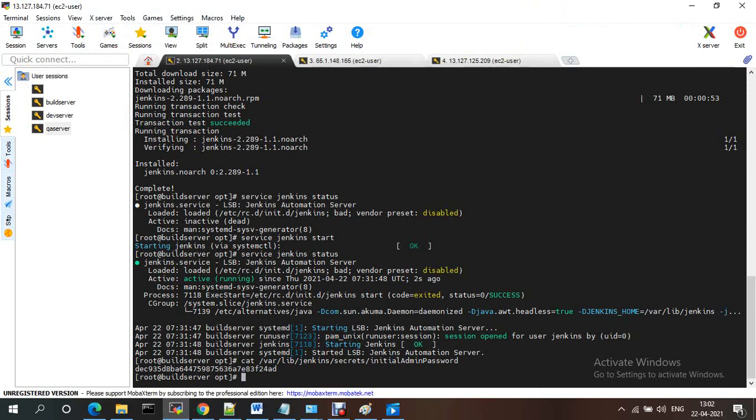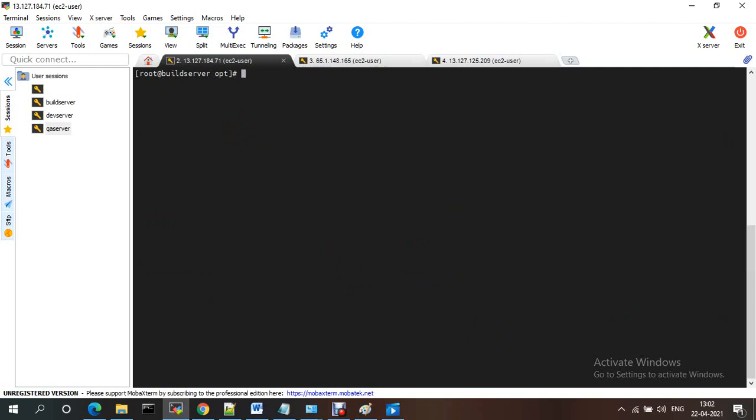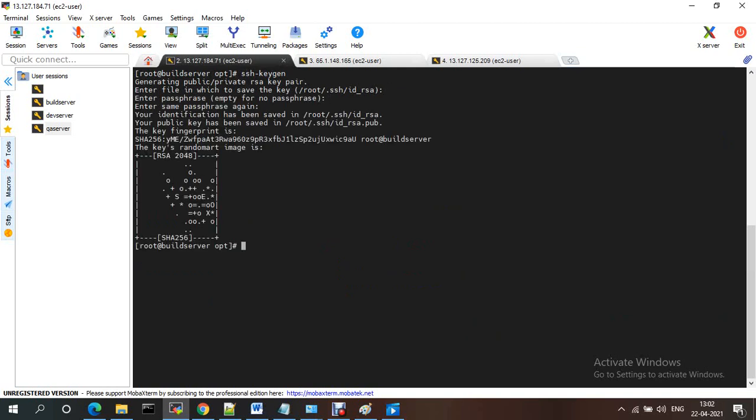For that I'm going to generate an SSH key with ssh-keygen. It will generate a public key and a private key, and the location should be under root, .ssh. You will get the files there. You just need to copy that file.